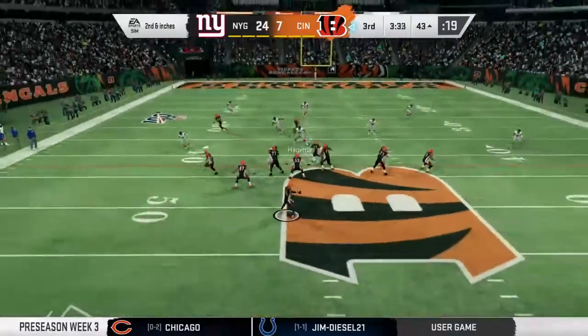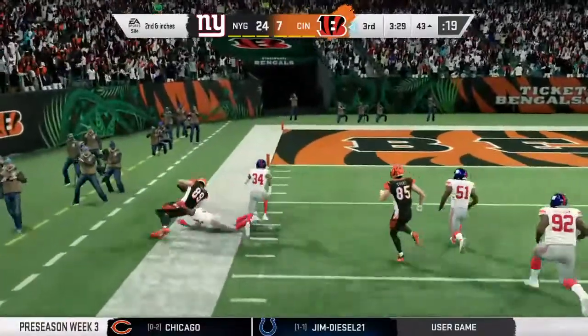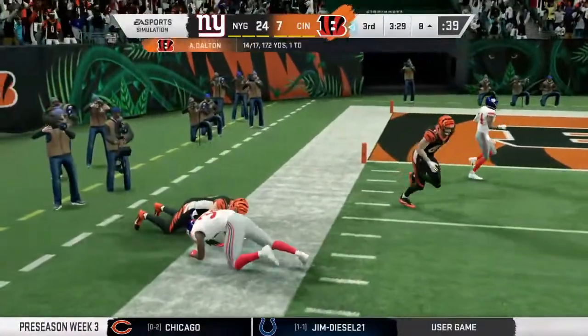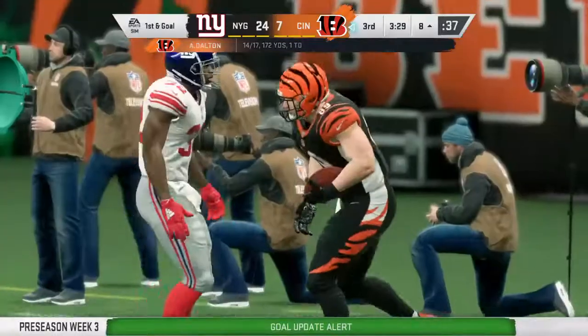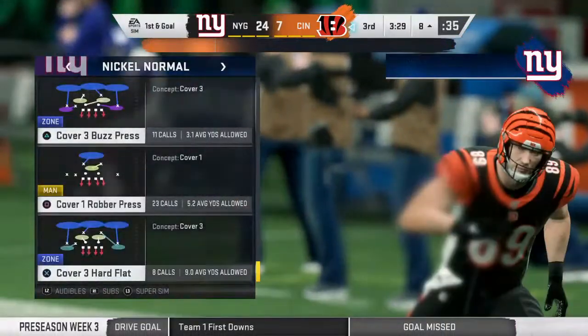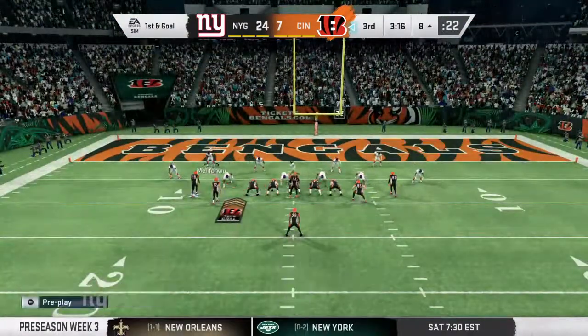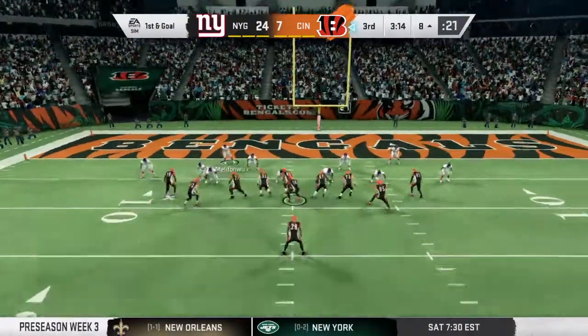Dalton bootlegs out. That's caught by the tight end, Drew Sample. An excellent gain, 35 yards. Obviously, they're not where they want to be right now on the scoreboard. Big plays like that, though, that'll trend them in the right direction. Yeah, a few more like that, they'll be right back in the game. And if they can continue to do that, maybe they'll...